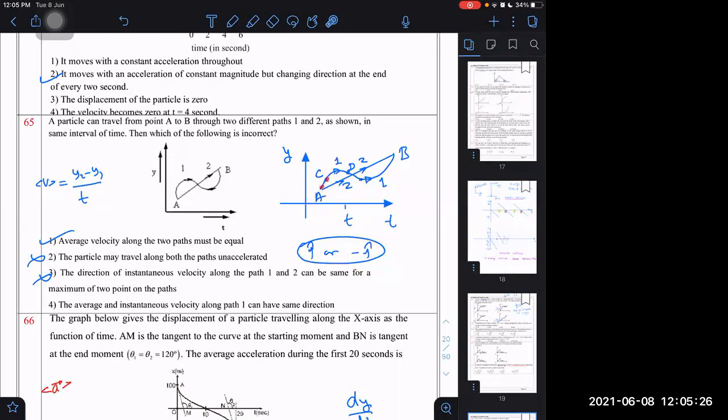So all the points where the slope is positive, all those have the same direction of velocity, plus j cap. And all the points with negative slope have the same direction of velocity, that is minus j cap. I am noticing that they have plus j cap in many points, both of them. So this is completely wrong. Not only for two points, they have the same direction at many points.